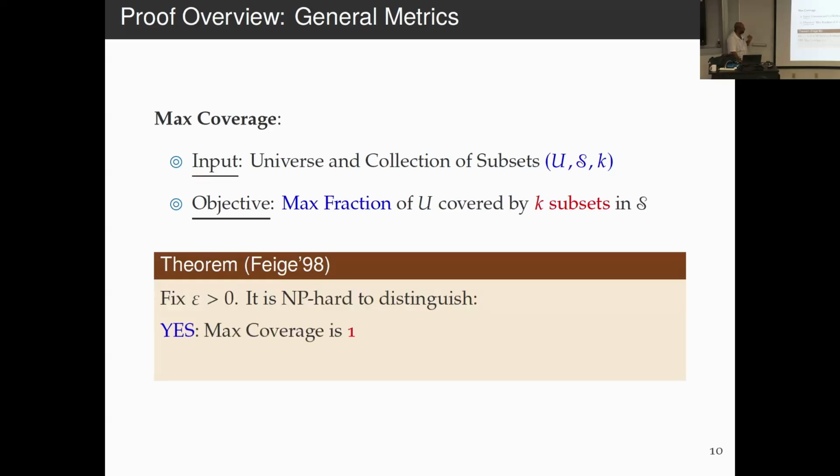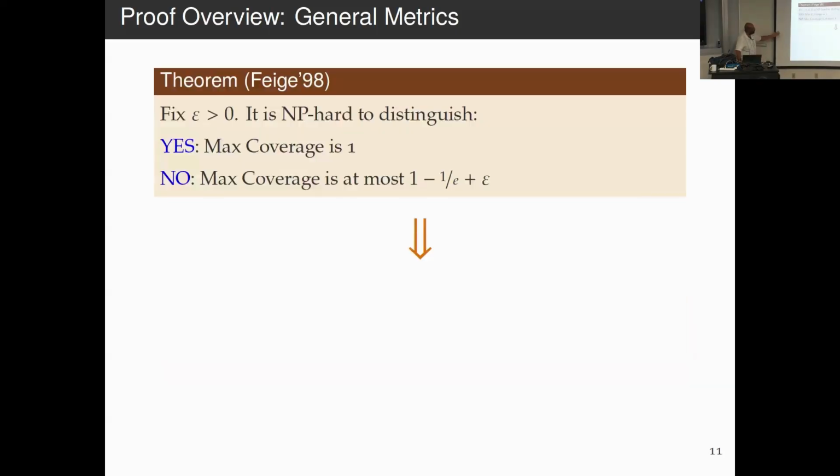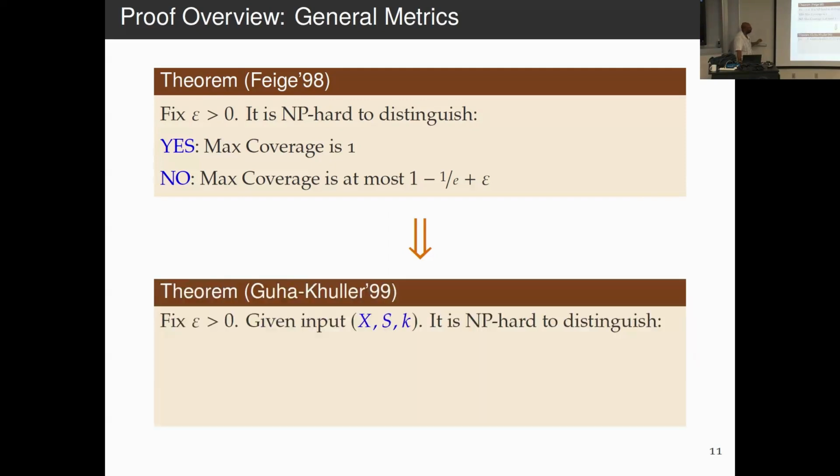So Feige showed that to distinguish the case where there are k sets that cover the entire universe versus every k sets cover at most 1 minus 1 over e plus epsilon fraction of the universe is NP-hard. So we have a tight understanding of this problem. So we're going to reduce from this. And the intuition is every universe element becomes a point to cluster, and every set becomes one of the candidate centers. So from this, we are able to build an instance of k-means, let's say,